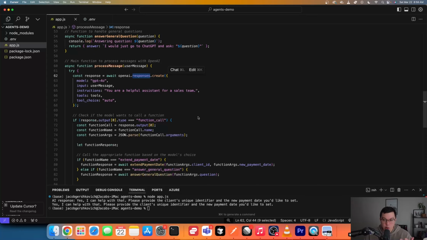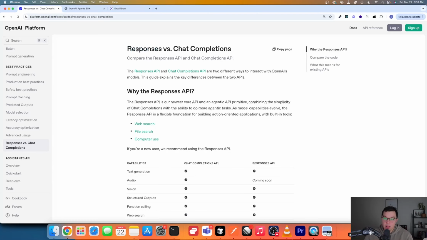At the time that I was building this system, we were using the chat completions API, but they're changing things all the time, and they have a little write-up in their documentation about why they are introducing the responses API. It seems similar to the way that chat completions worked. It's just a little bit more robust in terms of the different tools that you can use out of the box. I think it's replacing the assistants API, which was a little bit clunky, in my opinion, to use. But it's quite similar to the chat completions API.